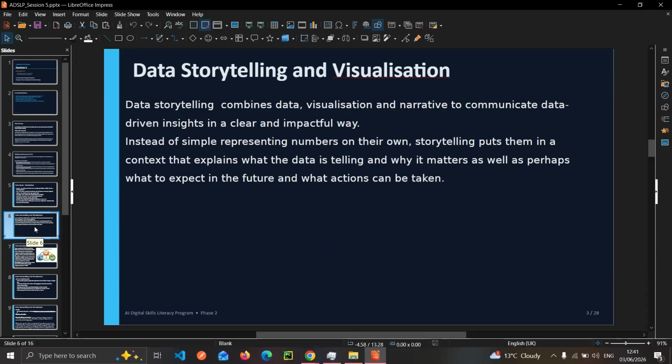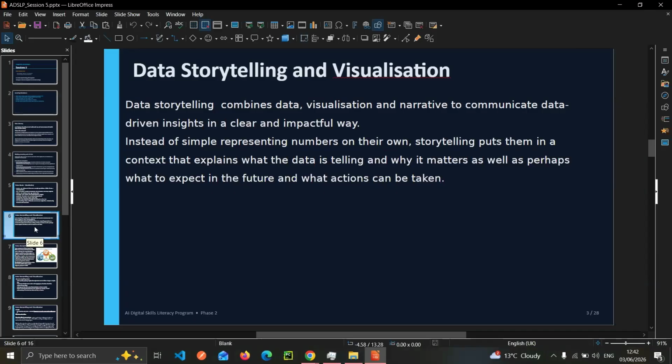So, our next slide is about data storytelling and visualization. Here we read that data storytelling combines data, visualization, and narrative to communicate data-driven insights in a clear and impactful way. What we are doing now is almost data science, data analysis.